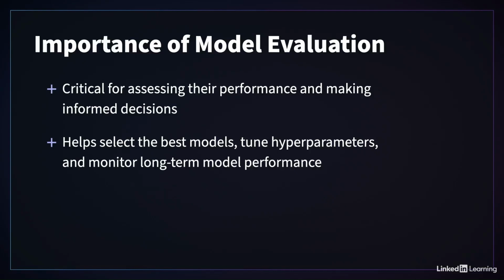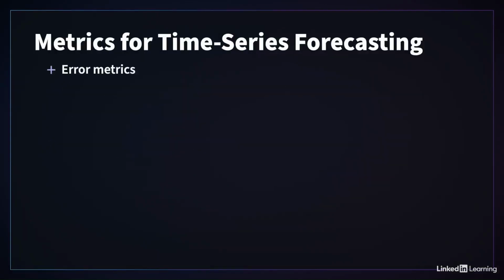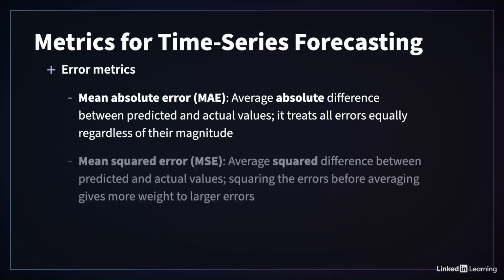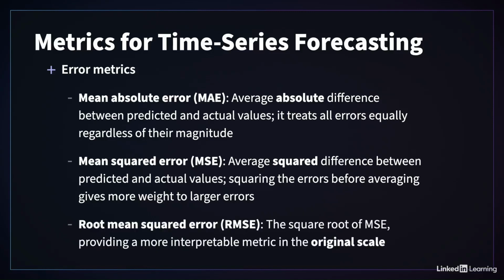model performance. When it comes to evaluating time series forecasting models, there's a set of commonly used metrics. For example, the mean absolute error, which measures the average difference between your forecasts and the actual data, treating all errors the same way, no matter their size. Then we have the mean squared error, which squares these differences. That means larger errors will have a bigger impact. And then we have the root mean squared error, the one that we have been using throughout the exercises. It's simply the square root of MSE, making it easier to understand because it's in the same units as your